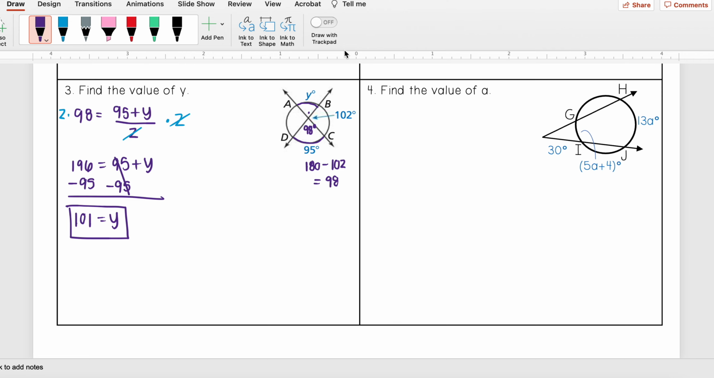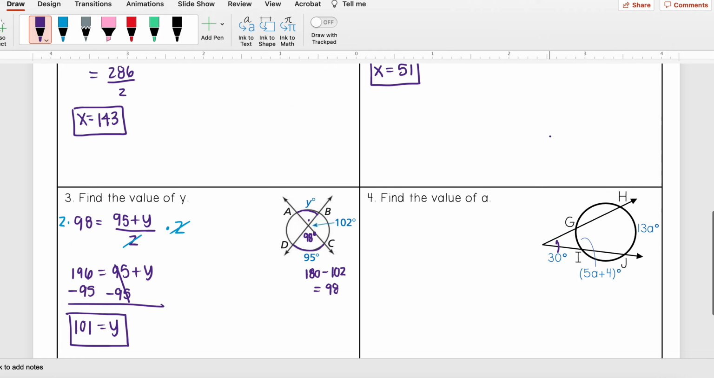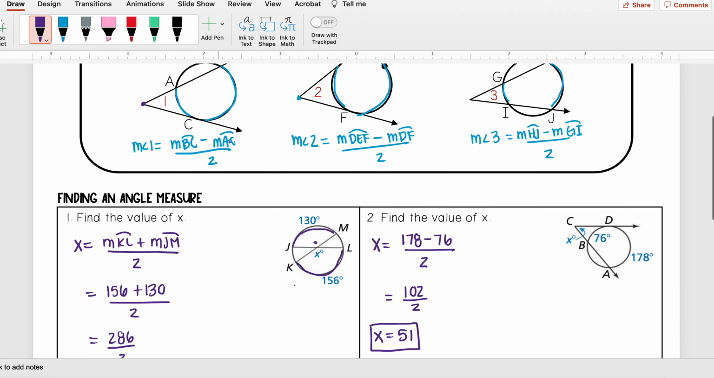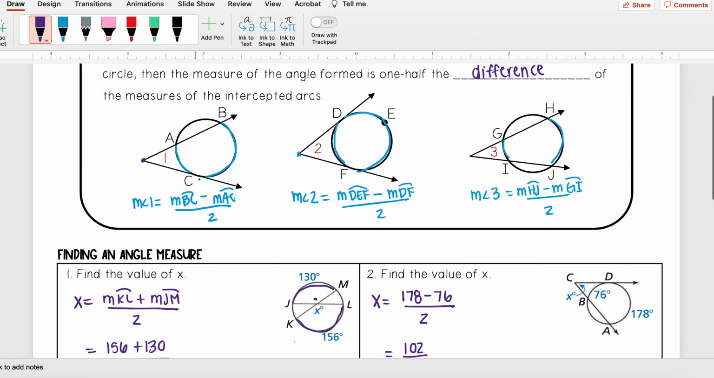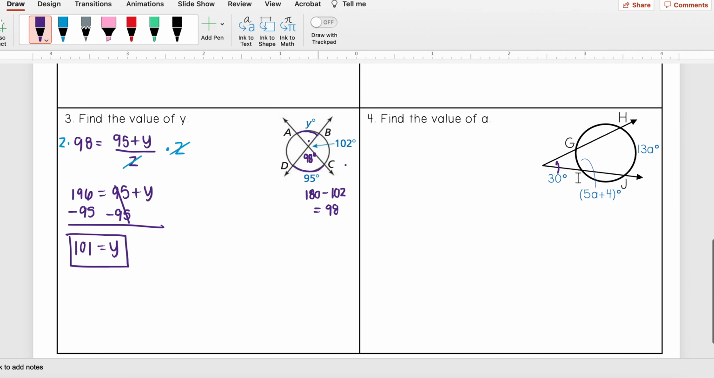Okay, now let's look at one last problem. So here I want to find the value of a. First thing I notice is that my angle here is outside the circle, so that means I need to use my second theorem here, which tells me that the angle is equal to the big arc minus small arc divided by 2. So my angle here is 30. It's going to equal the big arc, which is 13a, minus the small arc, which is 5a plus 4,